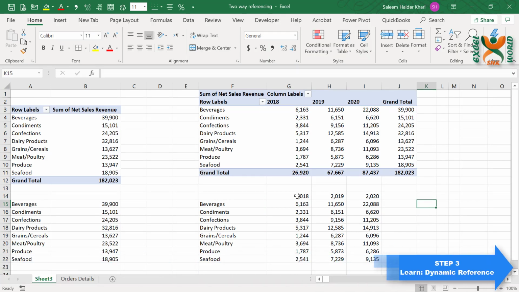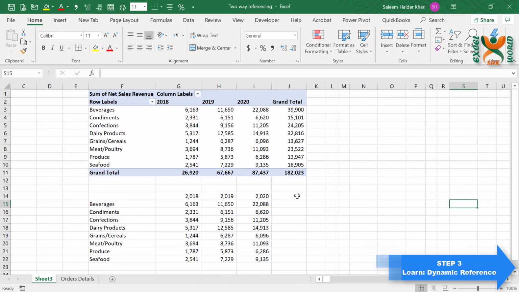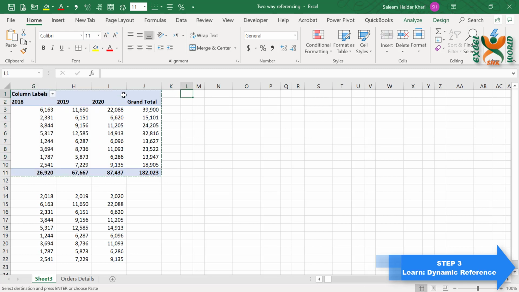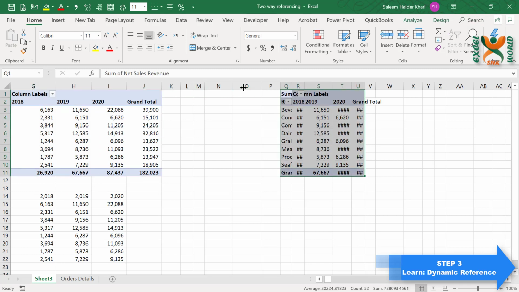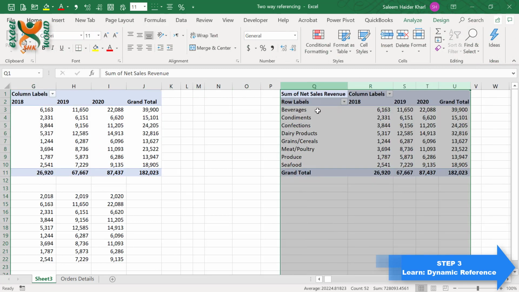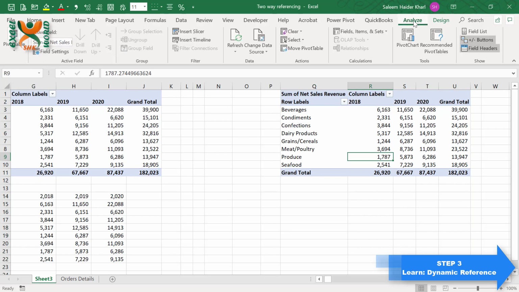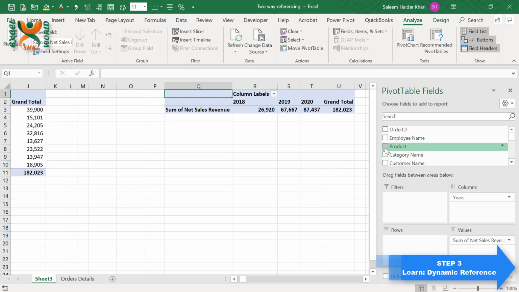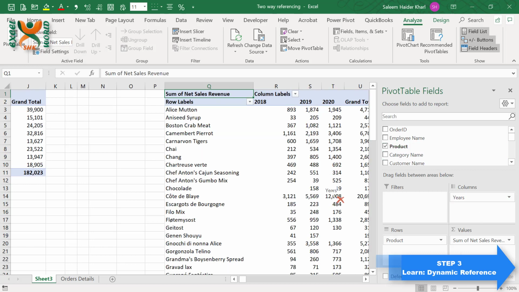Now for the third exercise, this is the last one and you will be pretty happy to know this as well. We can go to Excel table and again insert the pivot table, or we can simply copy this pivot table to a new location and start working right away. Let us change the data a bit. Go to analyze and the fields, remove the category name, click on the product and remove the years.